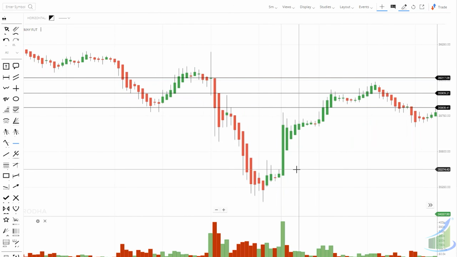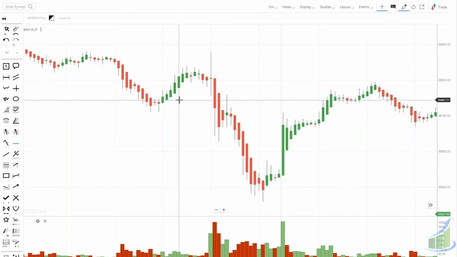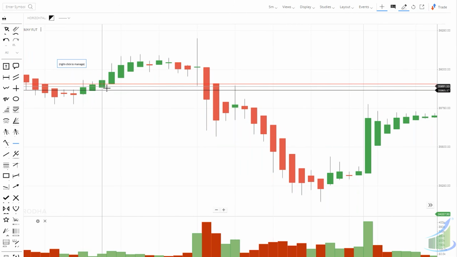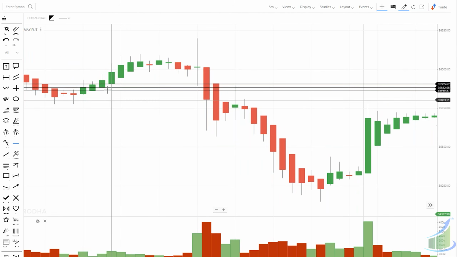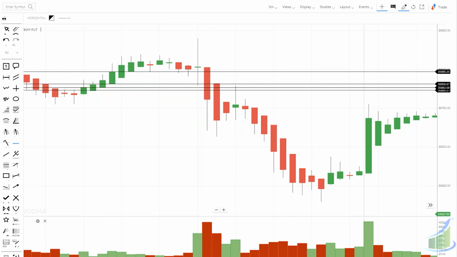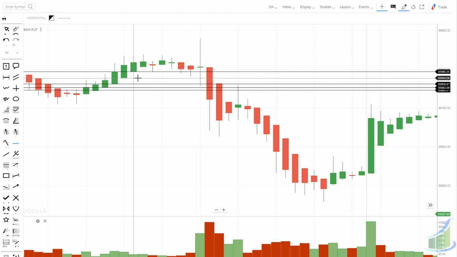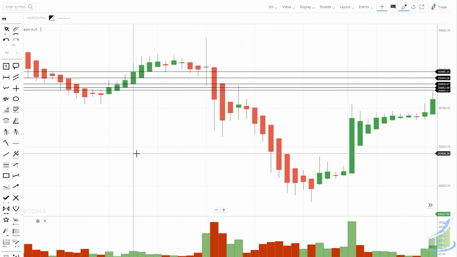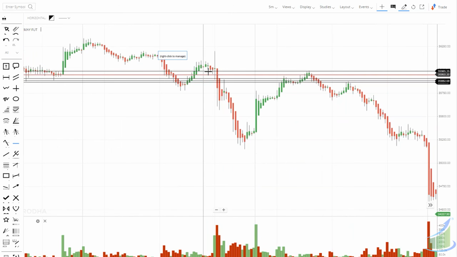Similarly, if a stock is going up, this is how it is. The next candle will form from the middle of the body, right here. If this is the body, it'll start from the middle, right? So basically, Heikin Ashi is nothing but the average price. It takes care of open, high, low, and close, but it gives a very clear view. If you see here, red, red, red, green, green, green, red, red, red. So a lot of noise has been filtered out.